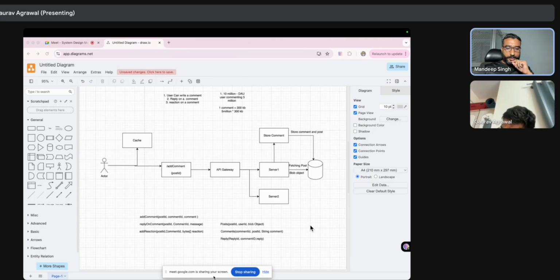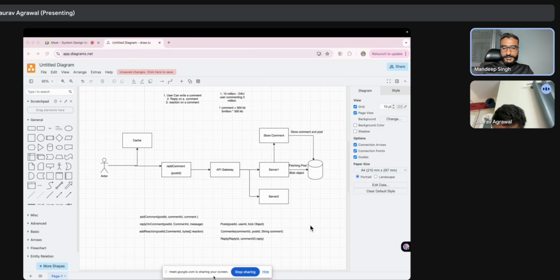Another point is you discussed scale. That's a good thing, that these are the number of customers we are thinking of and this is the storage we are trying to use. If you are doing a storage calculation, we should justify our storage choice as well: this was my storage, this is the storage capacity I needed. And if I'm using, let's say, a SQL database or whatever database choice, why that choice? Is storage a contributor?